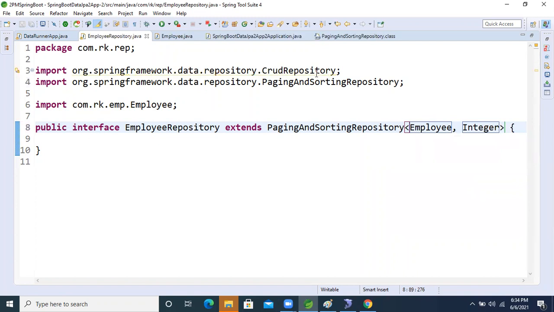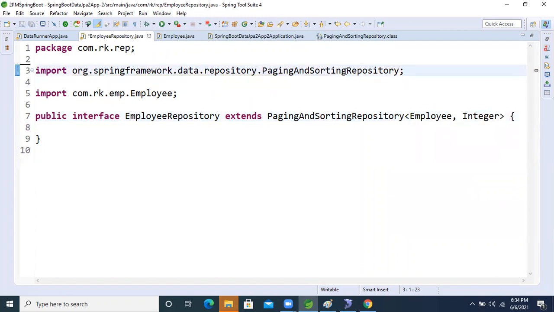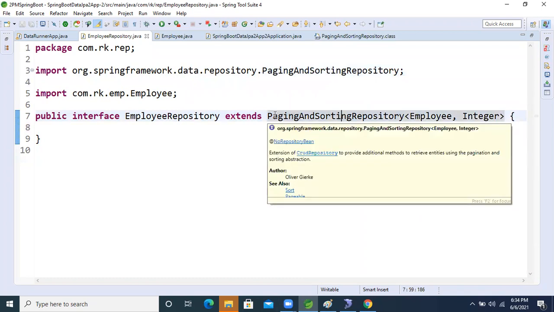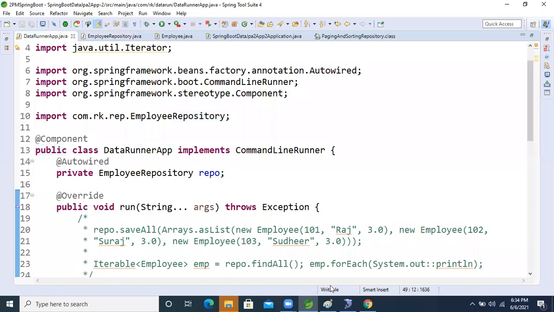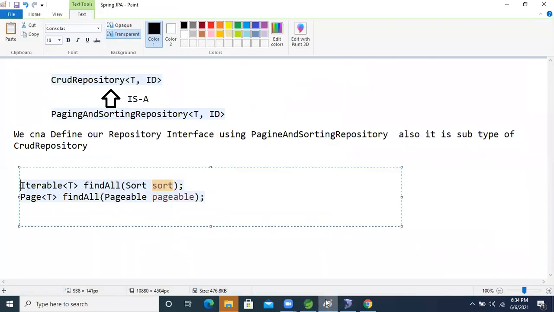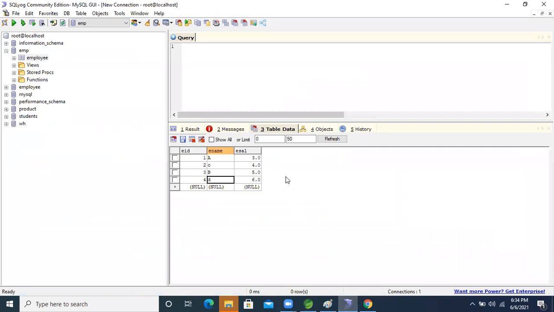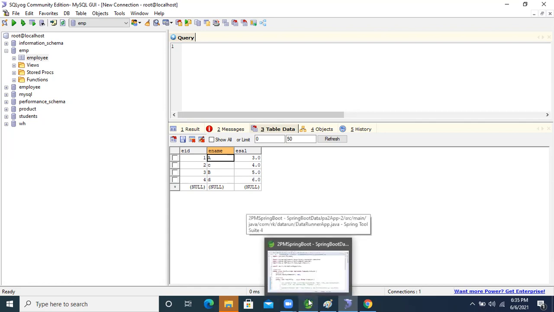So these things are completed now. Because the Paging and Sorting interface has both methods, and multiple records are there, what I want is this data in ascending and descending order, in a sorted format.